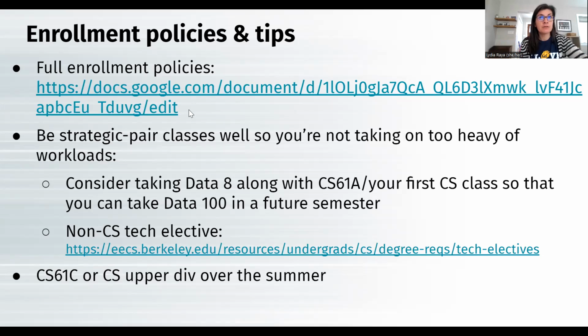For upper division as well, we reserve classes for CS majors. We don't have enough seats in every single class to fit all students. So you just might have to try for 1 class 1 semester, and then if you don't get in that semester, try again the next semester, if that makes sense. Some classes tend to be really big, so getting into those is not quite an issue, and then other classes are smaller for various reasons.